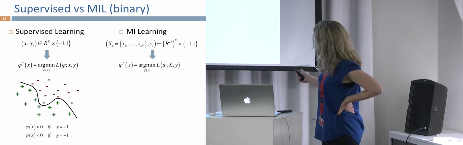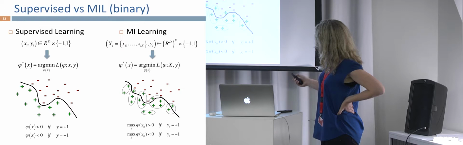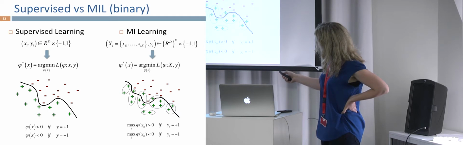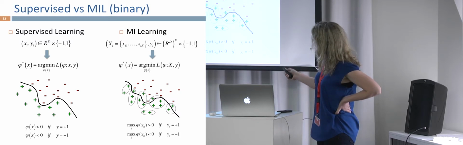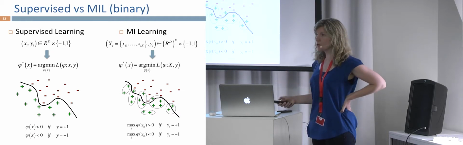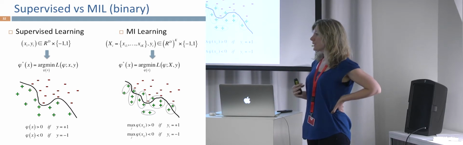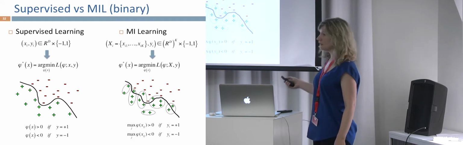Again, we want to minimize some loss function to learn the classifier, but now our classifier may look something like this, where the ovals indicate a positive bag, and in fact we might put some of the examples in a positive bag on the negative side of the classifier. The classifier I'm showing you, the black line, will classify this as a negative example, even though it came from a positive bag. But that's okay, because remember that positive bags aren't guaranteed to have all examples be positive. We know that some of the examples are in fact negative.